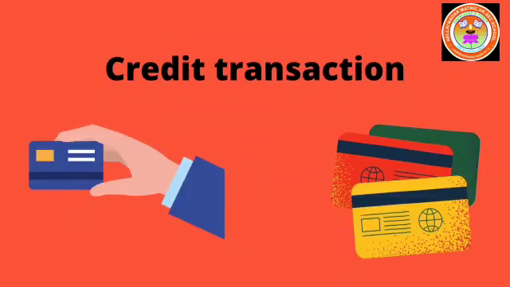Credit transaction: when settlement is not made by cash or through bank immediately in a transaction, it is called credit transaction, but the amount is to be settled within a specified period. For example, purchase of goods on credit for rupees 3000. In this case, goods worth rupees 3000 come into the business and a liability of creditors worth rupees 3000 arises.